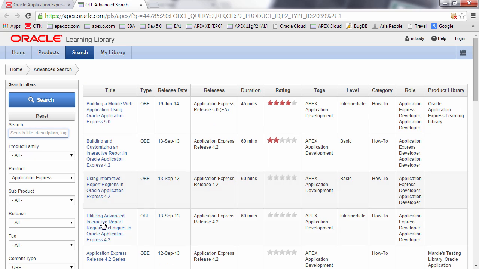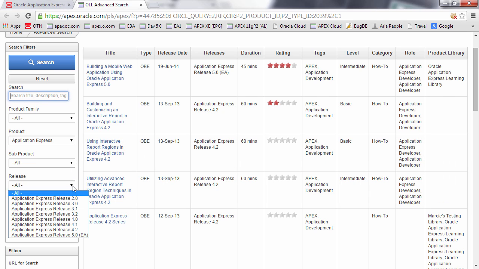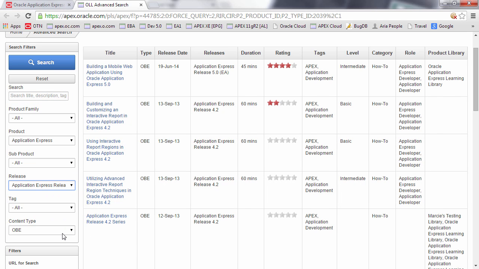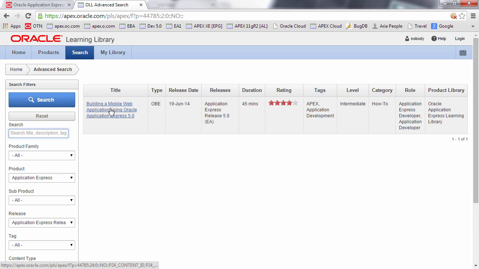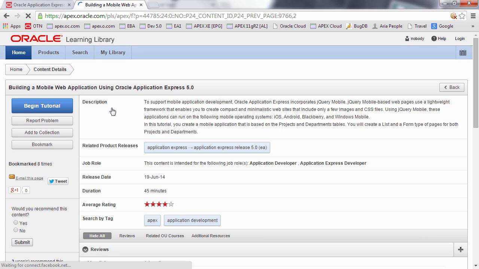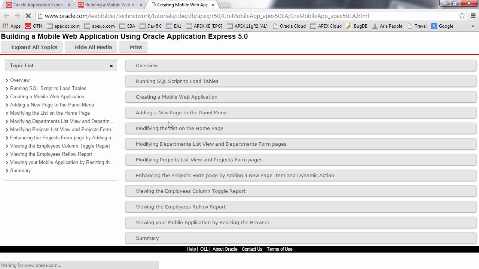This is actually showing you all the different hands-on labs that are available for Application Express. What I'd like to do is change this to Release 5.0 EA and click on Search. You'll see that there's a lab that was done back in June, and this lab will take you through step by step on how to build mobile applications. I'm going to be giving you a brief demonstration today, but I strongly encourage you to go into the Oracle by examples, and you can get to those directly by going to